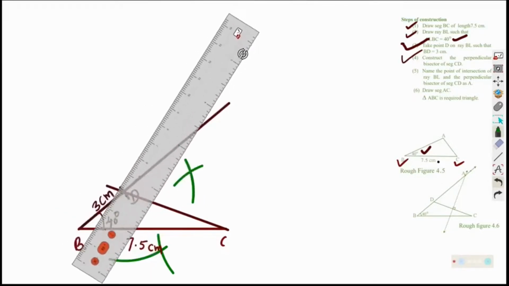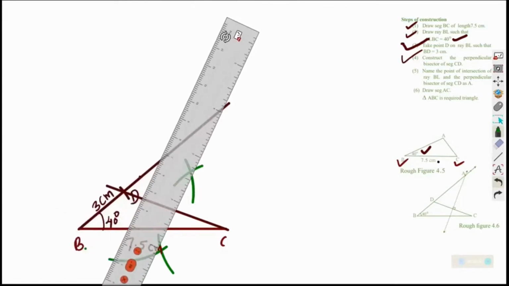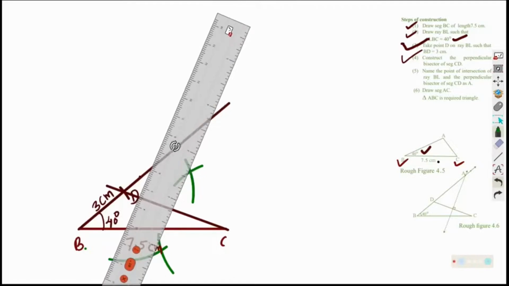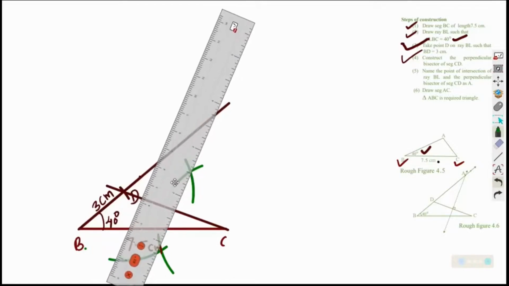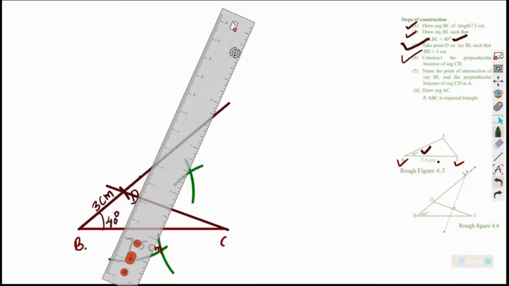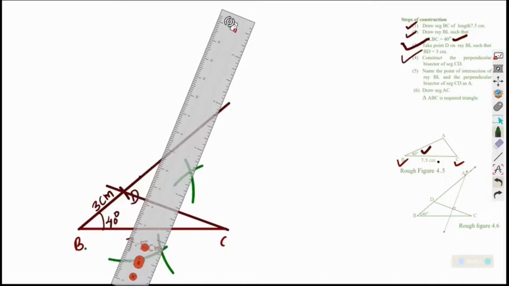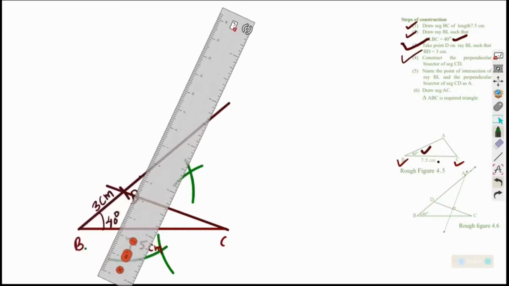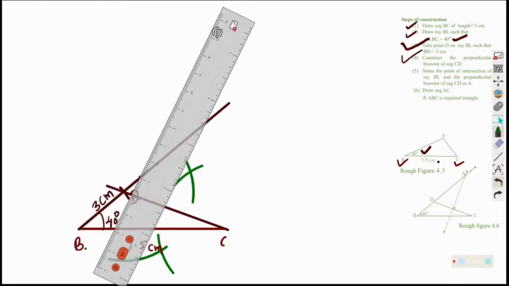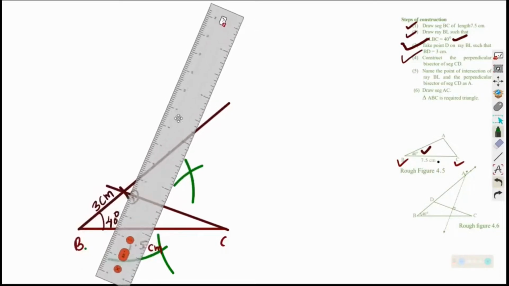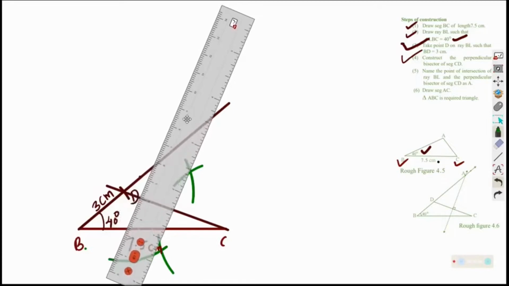Here also perpendicular bisector theorem is applied: any point on the perpendicular bisector will be equidistant from the end points of the segment. End points are C and D. So we know that now we are going to create a new point on the side BD extended. So naturally that distance from D to that particular point will be equal to the distance from C to that particular point, which is going to come out now.